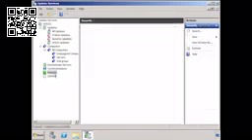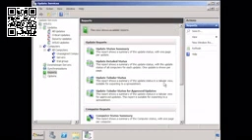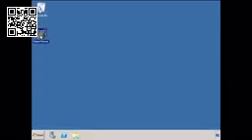If I select Reports, there are a number of different reports I can generate. If I select one, I will get an error message telling me that Report Viewer Redistributable is not installed. I have already downloaded Report Viewer Redistributable and placed it on the desktop. If I now close the Wsus admin tool and go to my desktop and run it,